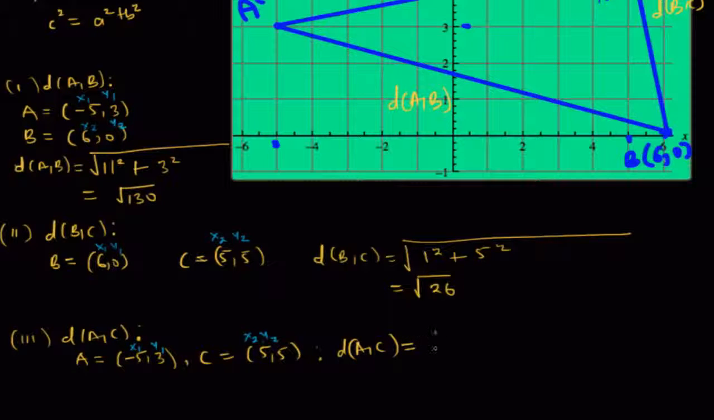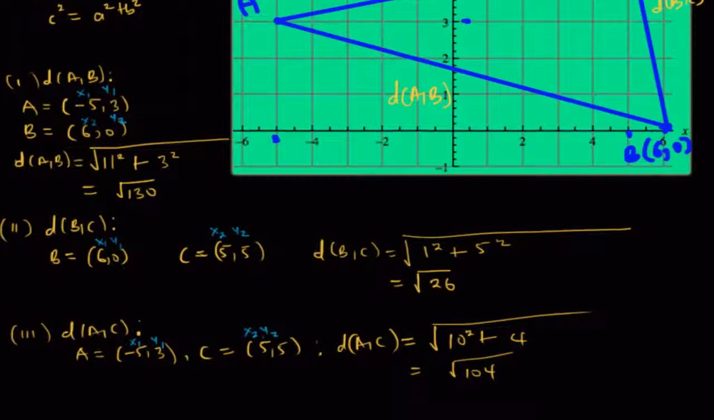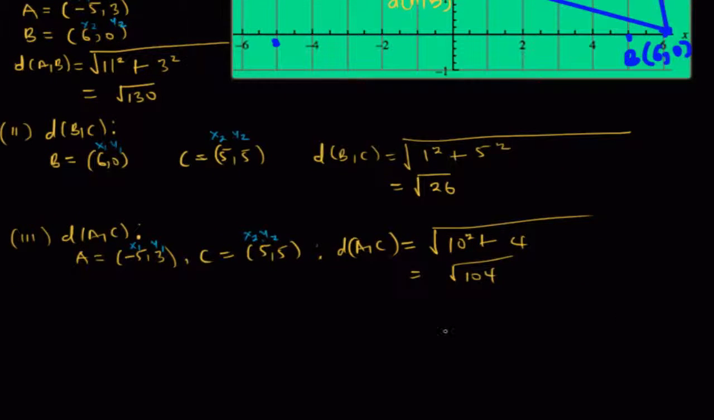So the same procedure, that is the root of x2 minus x1 squared, which is 10 squared, plus y2 minus y1 squared, which is 4. This gives us the root of 10 squared, which is 100, plus 4, which is 104. If you look closely, there's something you need to notice here: the square of the distance between A and B. Now what I want to do now is,